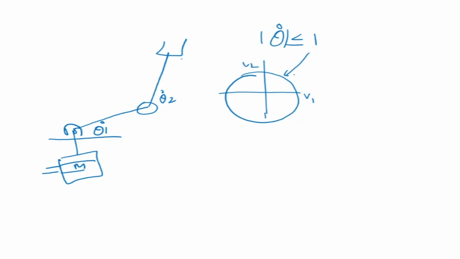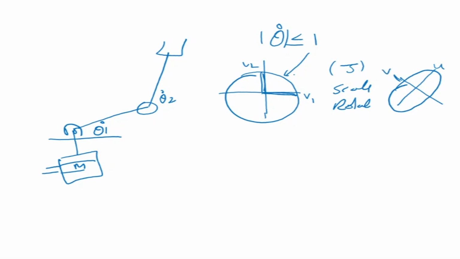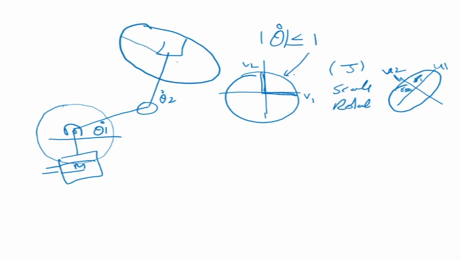What is the output? What would this matrix J do? It will scale and it will rotate. It takes each of these axes, which are equal because it's a sphere, and scales them and changes the axis direction, making it like this. This is my U and that's my V, this is my U1, U2. This is my sigma 1 and this is my sigma n; in this case, it's sigma 1 and sigma 2. So my input was a unit sphere, but my output is an ellipse. This is what it means.